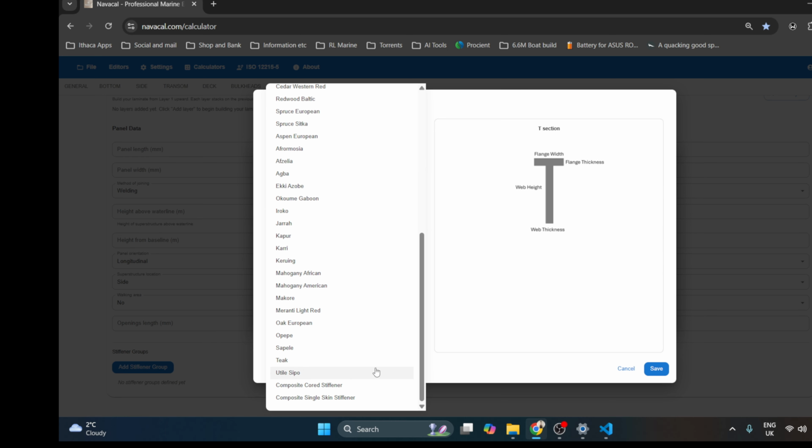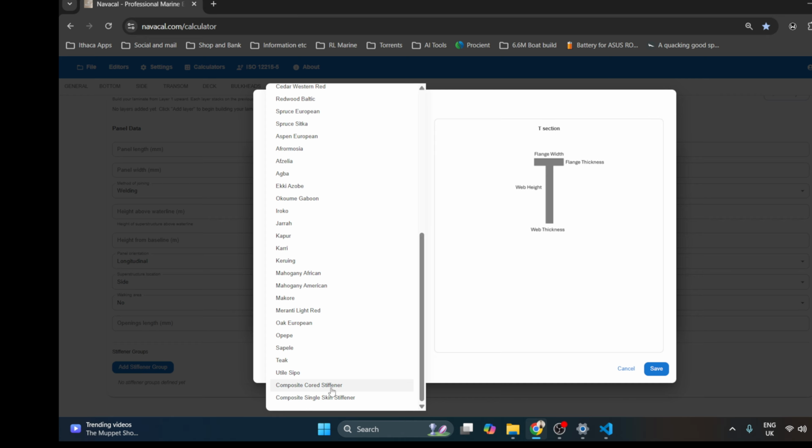And then right down the bottom we've got composite core stiffener, which is a stiffener with a core from the core materials list with fibreglass layers wrapped around all sides of it. And then we've got composite single skin stiffener, which is any of these shapes just made out of solid fibreglass